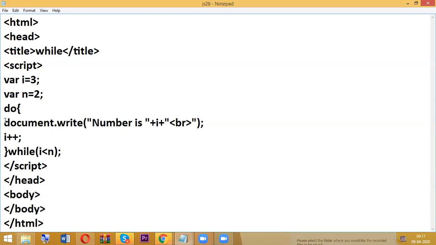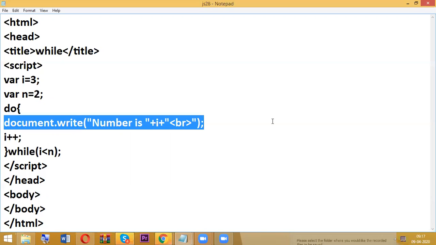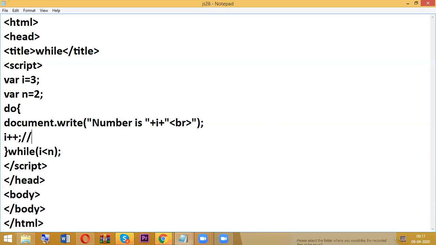What happens here? First, it is going to execute the i value. What is the i value? 3. Based on i plus plus, i value will become 4. Then 4 less than 2, the condition is false, so loop execution stops. Initially we know that the condition is false, 3 less than 2.